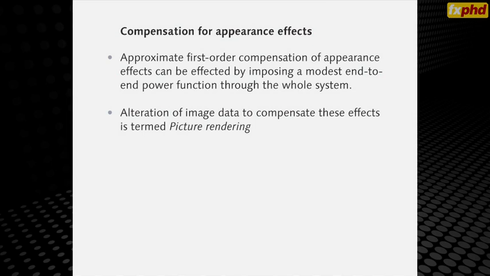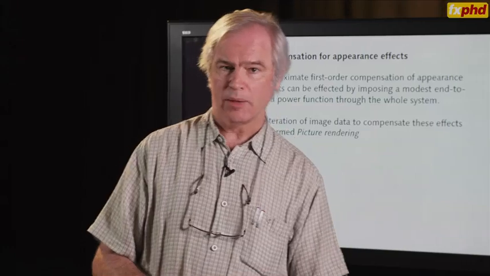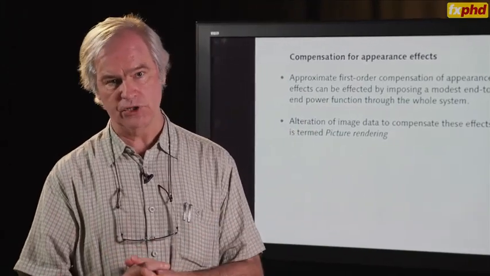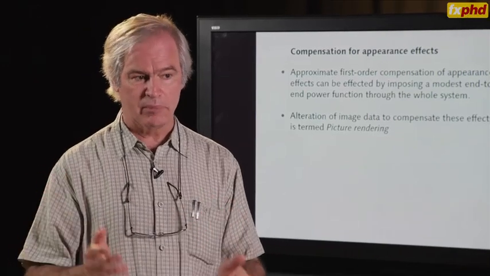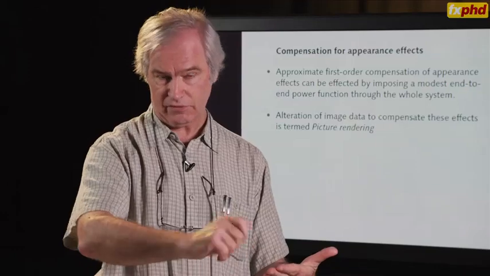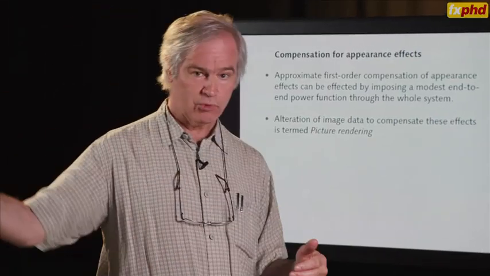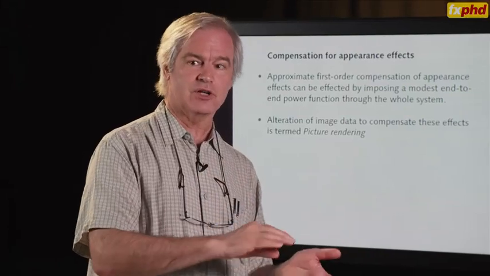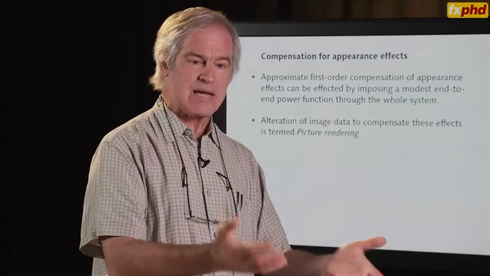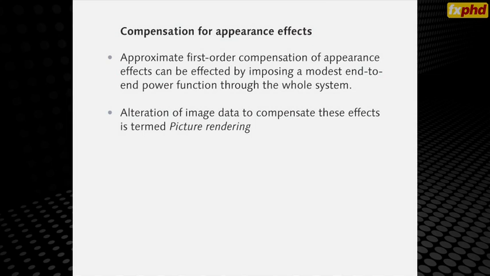And the alteration of the image data is called picture rendering. And this word rendering, I'm not referring to a large bank of computers in the back room. I'm referring to rendering in the sense that an architect would use the word, of forming a depiction of reality. Now, an architect would do this with colored pencils on a piece of tracing paper or art paper, but we're talking about rendering real image data, but we still have this notion of the manipulation to make the rendering look correct. And I'm suggesting there's a little bit of science and a certain degree of craft and art behind that.